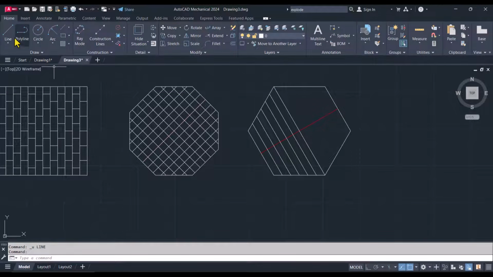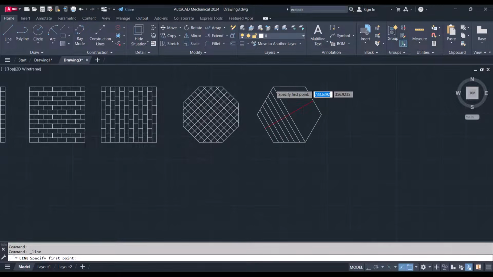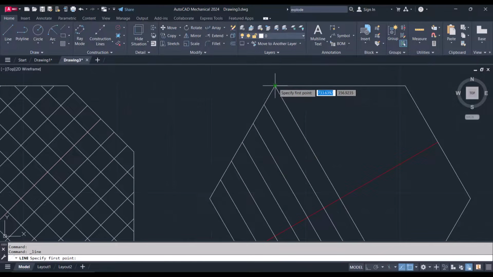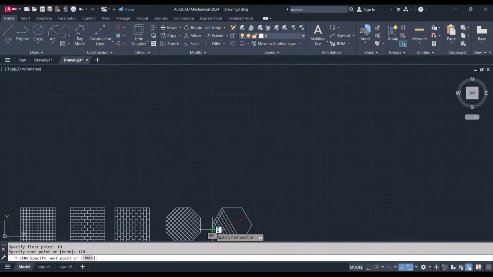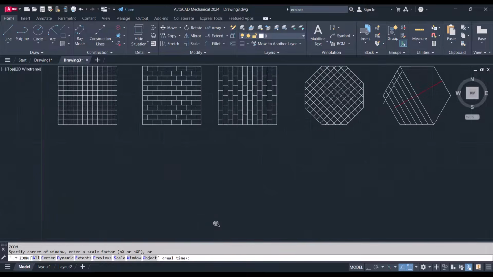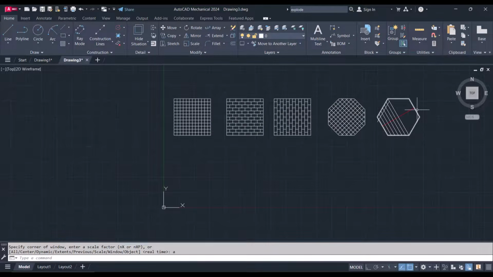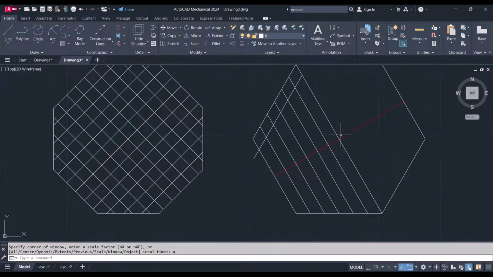Okay, so we click on line, and then we are going to track from this point. So we track from here to there, putting 10, and then the angle, hit tab to get to the angle, and then putting 120. So that is what we're working with. So we can now trim